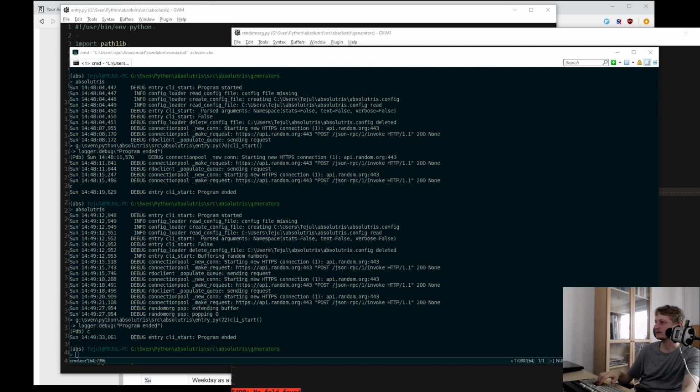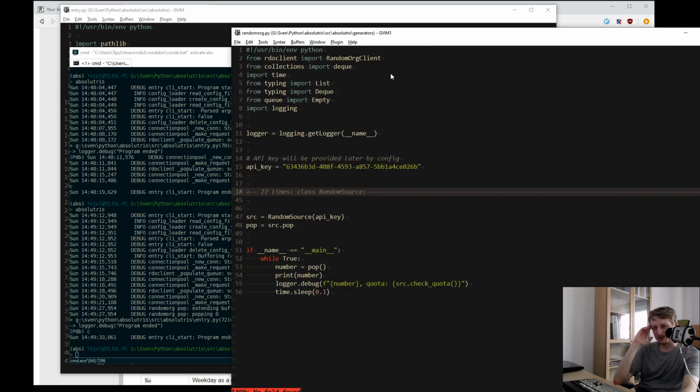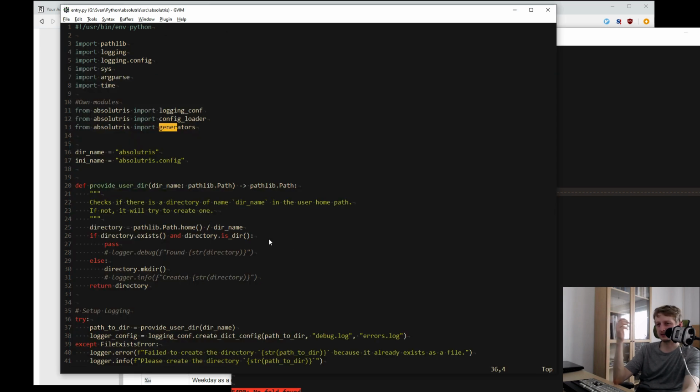Yeah, I have my own random org. So in the future, I need to clean up a little bit and maybe sub-package the client thing, because currently I don't even have it tracked in this same GitHub. So I have it as a dependency, but it's not really true because it's my modified version.